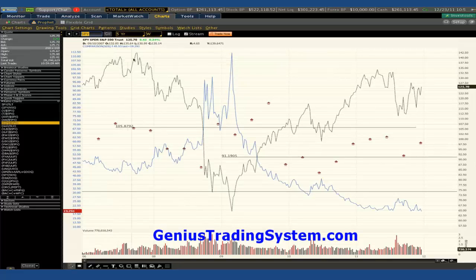Now, at the time, the SPY was up around 140. You can see the right price graph is the price of the SPY. The left price graph is the price of the SDS. So at around 140, you could see that this little bit of a bottoming process was starting to take place on the SDS. And going into early '08, the SDS actually started rising very